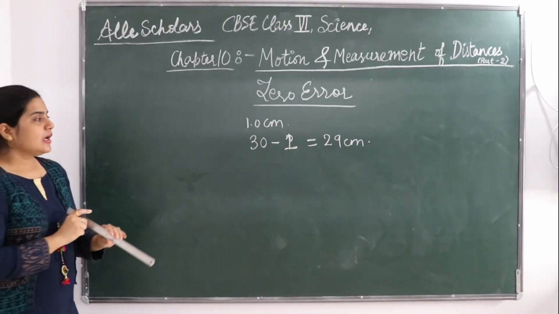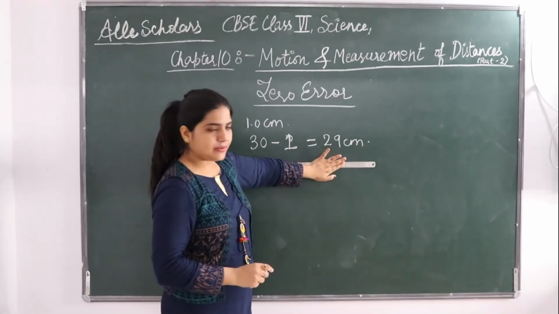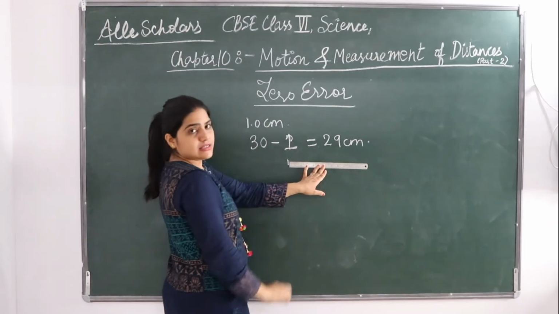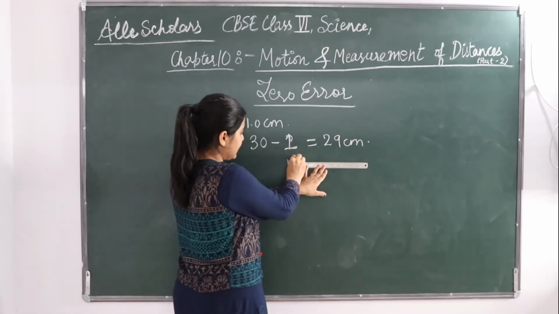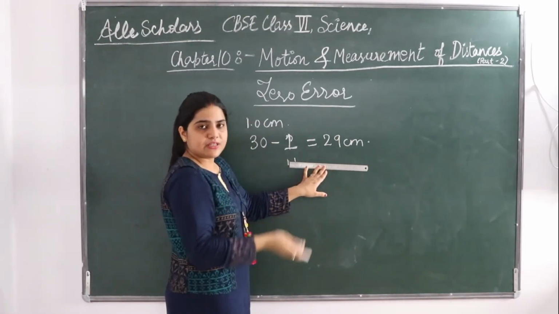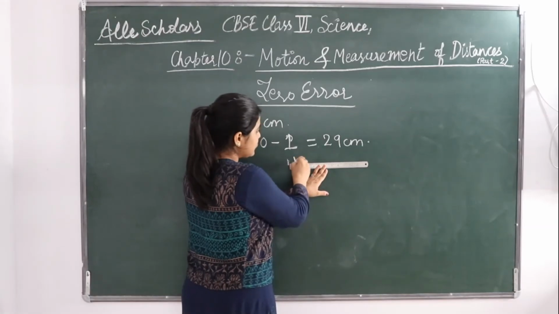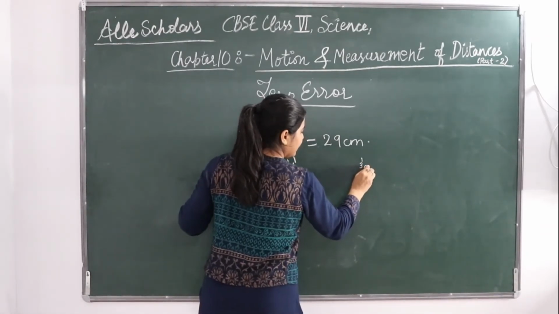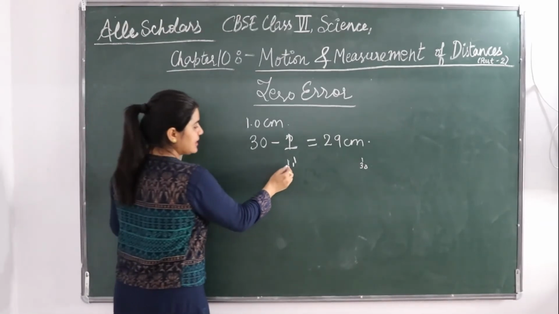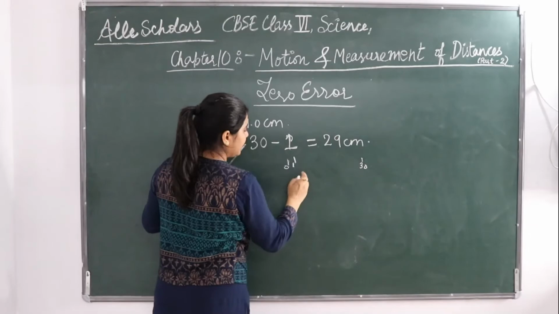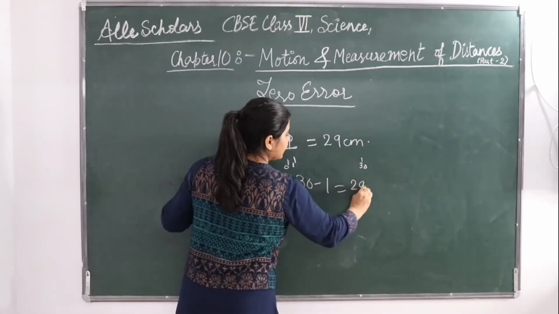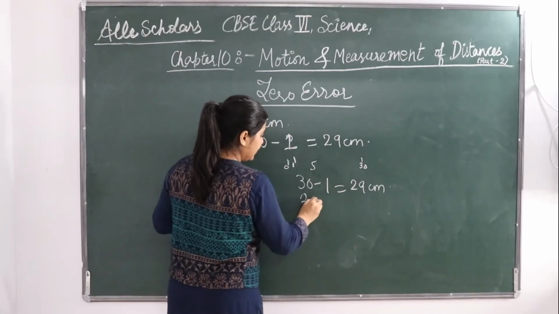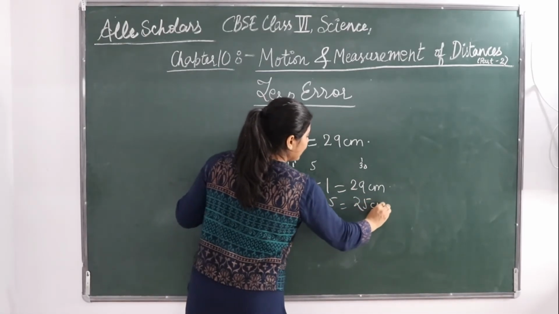ठीक है, आपको समझ में आया? क्या है कि हमें पहले तो स्केल को बिल्कुल कांटेक्ट में रखना है। दूसरी चीज है कि जब भी आप मेजरमेंट करो, आप यहाँ से देख लो कि स्केल 0 से है। सपोज स्केल में 0 ब्रोकन है, 0 नहीं है, and you started measuring from 1 से स्केल पूरी है, या 1 से भी नहीं है, 2 से है, तो आप 2 से स्टार्ट करो। सो आप 1 से स्टार्ट किया और यहाँ पे आपको क्या मिला? 30 मिला। You started from 1 and here you got 30. तो अब आपको क्या करना है, क्योंकि आपने 0 से नहीं स्टार्ट किया, 1 से स्टार्ट किए, तो आपको 30 में से 1 को निकाल देना है, इस 29 सेंटीमीटर। सपोज स्केल और टूटी रहती, आप 5 से स्टार्ट करते, तो आप क्या करते? 30 में से 5 को निकाल देते, it is going to give you 25 सेंटीमीटर only.